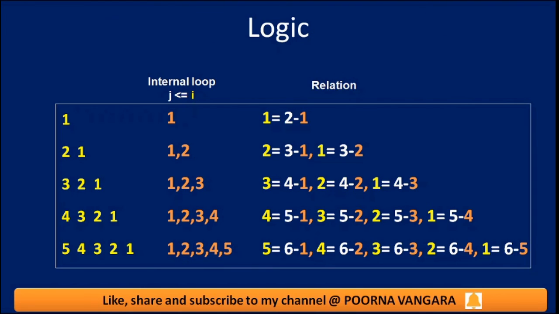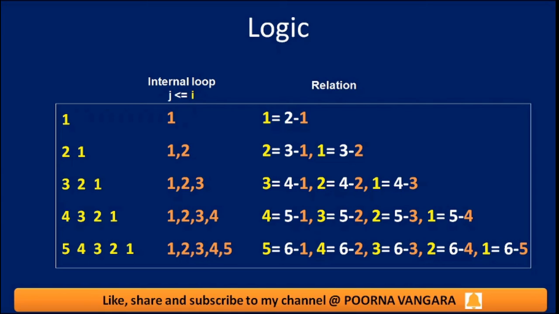You can apply this logic here. In the previous slide I took an example in reverse, but you can apply this logic. In order to get 5 4 3 2 1 from 1 2 3 4 5, as I said, you can subtract from the maximum number. In the fifth line, 6 minus 1 2 3 4 5. In the fourth line, 1 2 3 4, what is the maximum number? 5. In the third line, 1 2 3, the maximum number is 4, so you need to subtract from 4. Next, in the second line, the maximum number is 3, so you need to subtract those j values from 3.